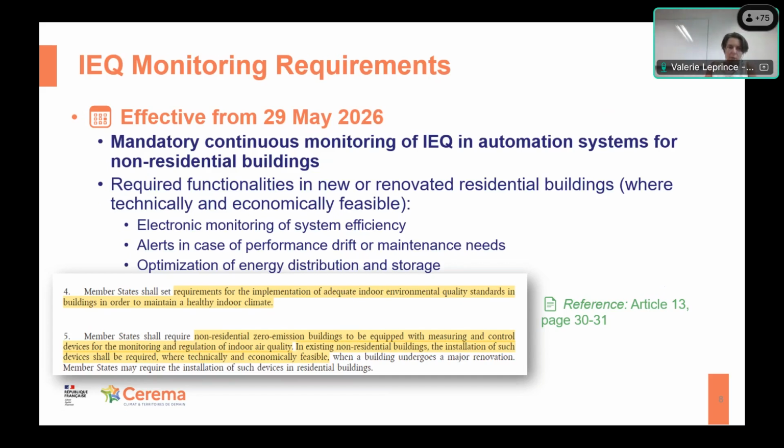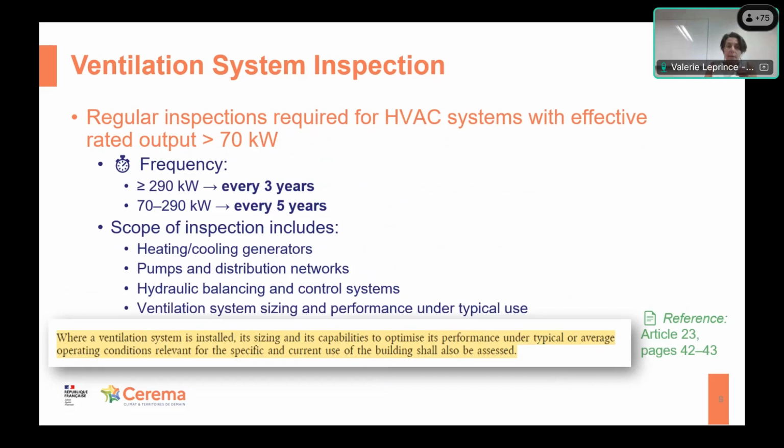So this is a very new thing, and all the thing that is required in the directive is that there is now a mandatory regular inspection of HVAC system with effective rated output of 70 kilowatt. So the 70 kilowatt includes both the heating and the cooling, and this leads to a mandatory inspection of heating, ventilation and cooling system every 5 years if the system is below 250 kilowatt, and every 3 years if it's above 290